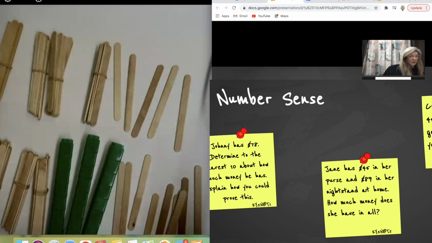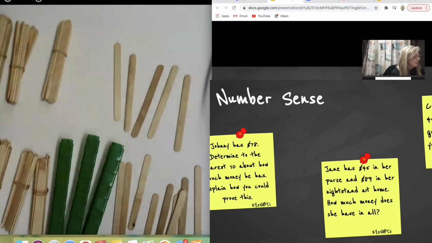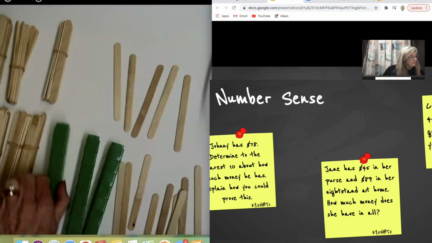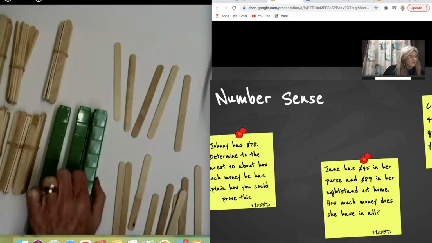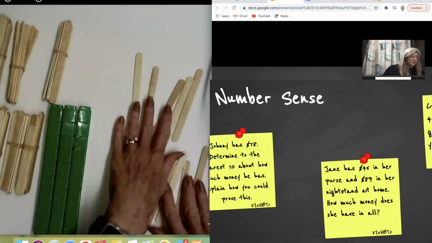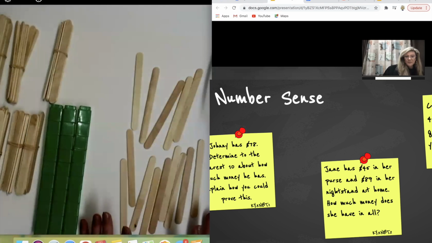So we're talking about putting all of this together so we can put all of our 10s together, first of all. So we got 10, 20, 30, 40, 50, 60, 70, 80, 90, 100, 110, 120, 130. And then we've got all these ones. So we have 130, and then we got all these ones. And so you can talk to the kids about bundling.